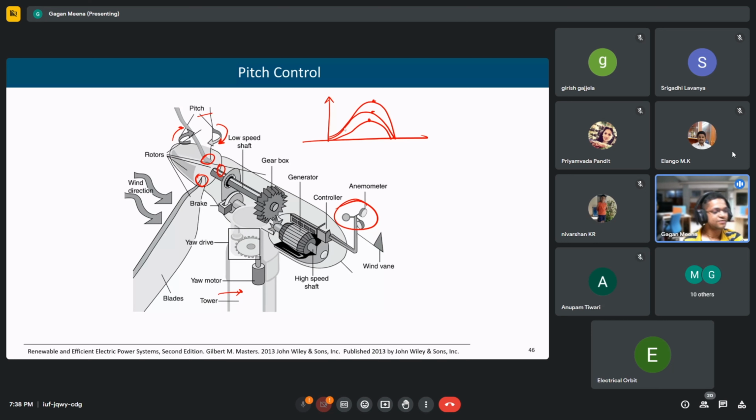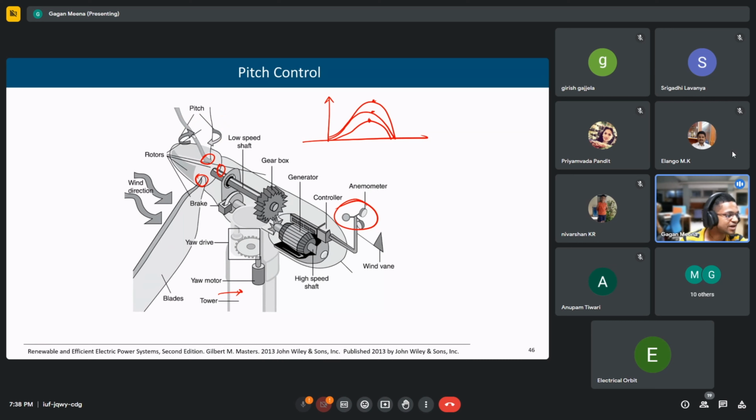Yes. So that is why we moved to this type 3. We are using DFIG based, that is a variable speed. Depending upon the wind speed, the speed of the turbine is also changing. But at that particular speed, we want to extract the maximum power. So for that, the blades are inclined in such a way that we can extract that power, so we can still be at this point on this curve. That pitch angle of the blade will help us achieve that.